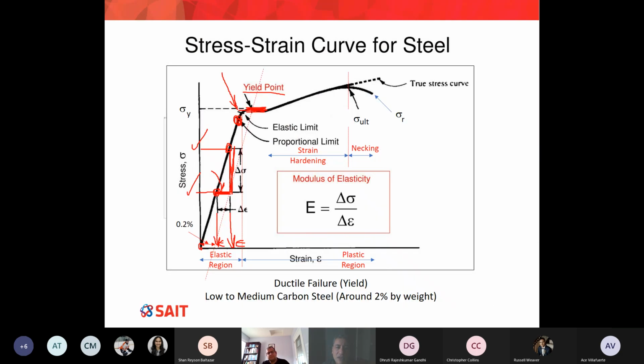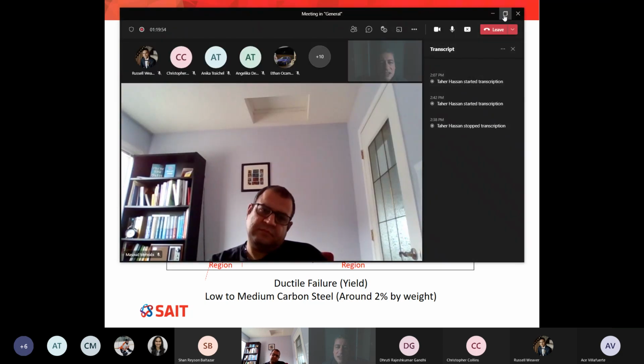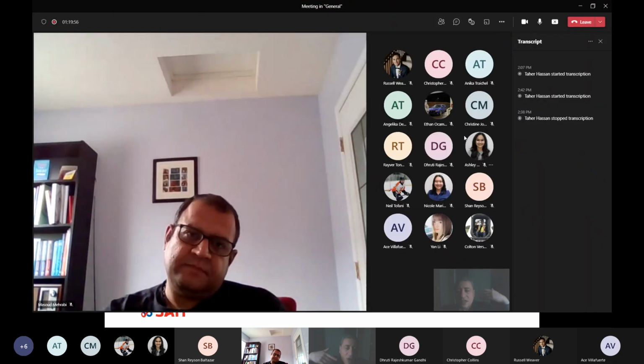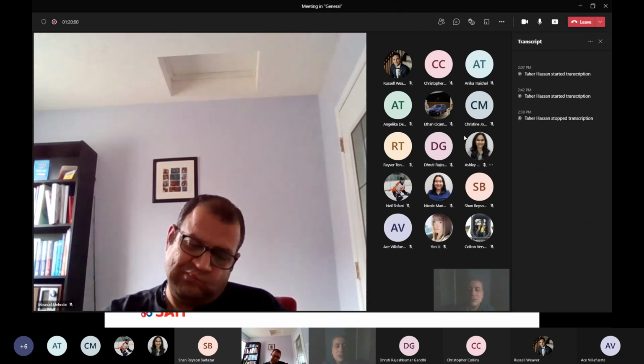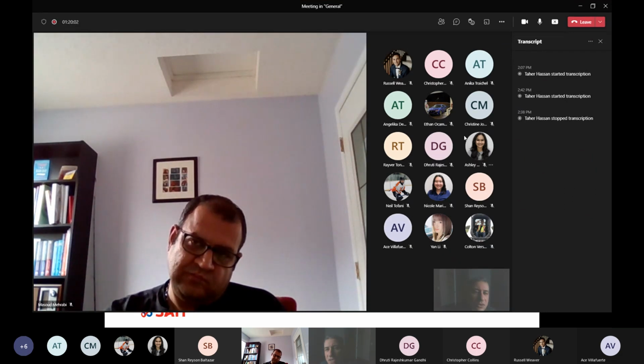This part is horizontal, which means the stress is the same while the strain increases. Remember, this is your strain on the horizontal axis. So the meaning of the yield is getting lots of elongation without having to add any force. Now, this yield,